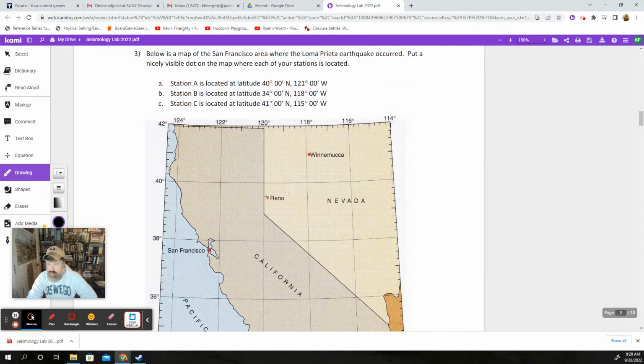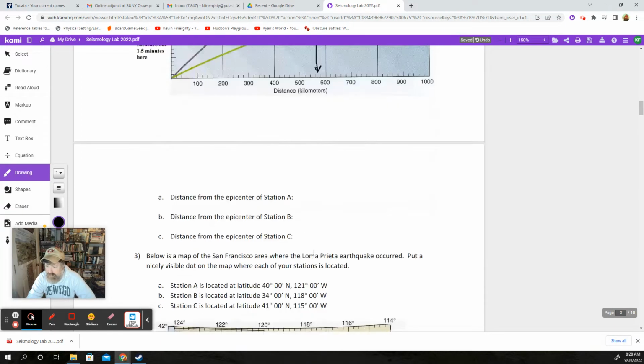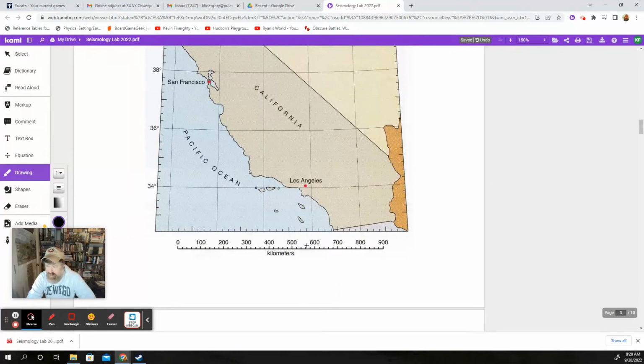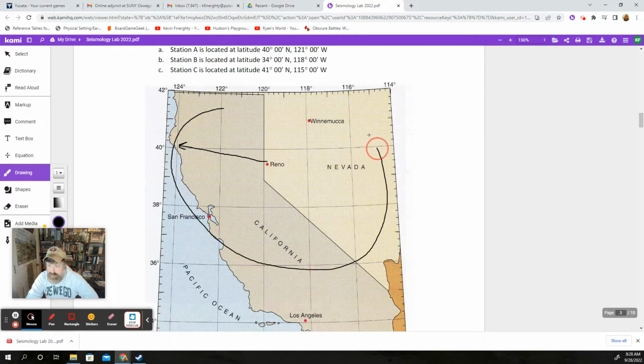Now, let's say Reno was one of the stations. Let's pretend it's this, and again, I'm just making these numbers up. It's about 575 away from Reno. So I would come down here. I'd say 575 is about that big. I'd use a compass, right? And I would say, really, the earthquake could be anywhere on a circle that's radius 575 around Reno. Look at that. That's a beautiful circle right there. Close enough. So it could be anywhere on that line, which isn't much help.